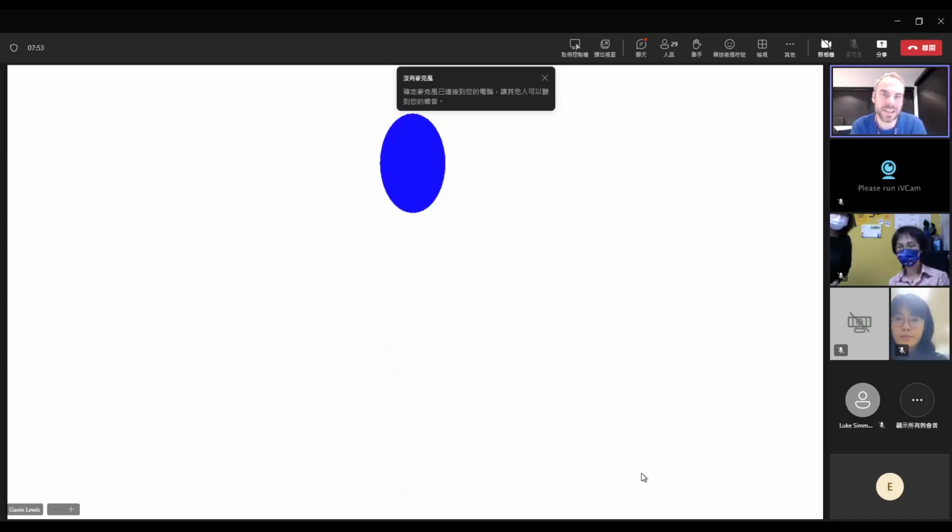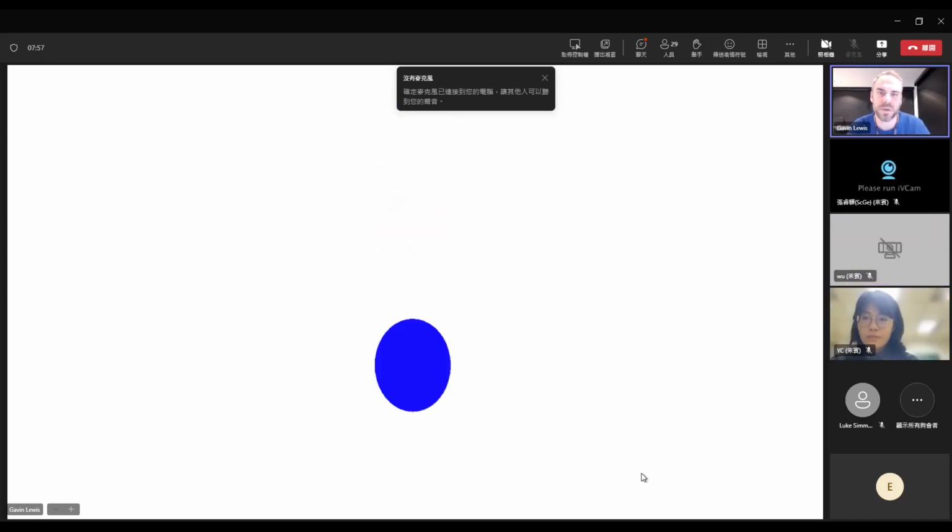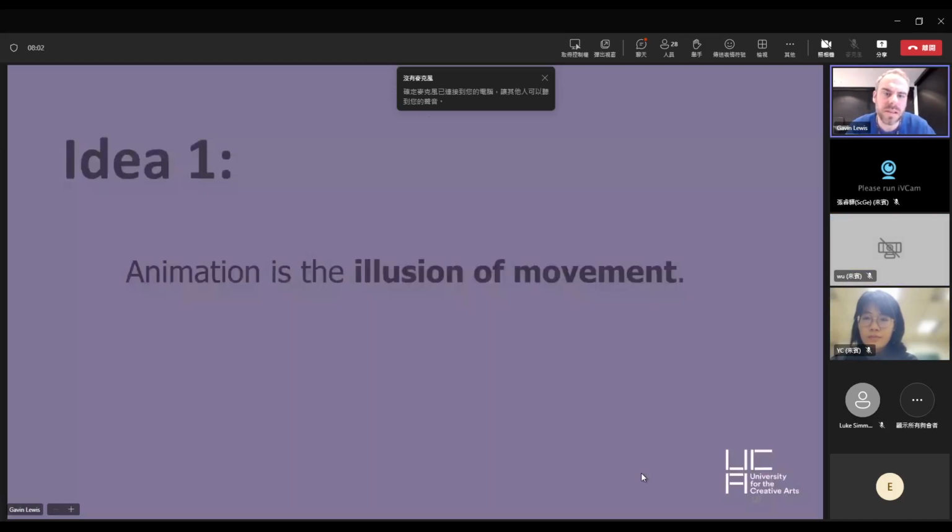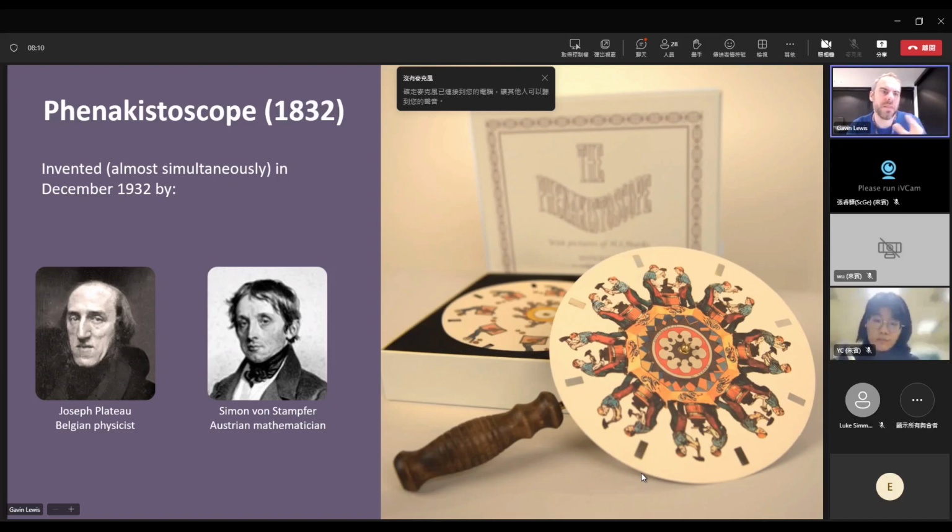It interprets those still images as a single moving object, basically. And it's lucky that that happens, because if it didn't, we wouldn't have film, we wouldn't have television, we wouldn't have video games. So that's the first idea around what animation is. It's animation as the illusion of movement, basically. Now, that kind of definition of animation is actually quite new. So it's not like the original definition of animation. It probably only came about in the